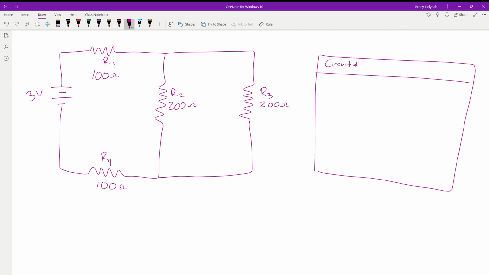So like, would the current flow like this way, like